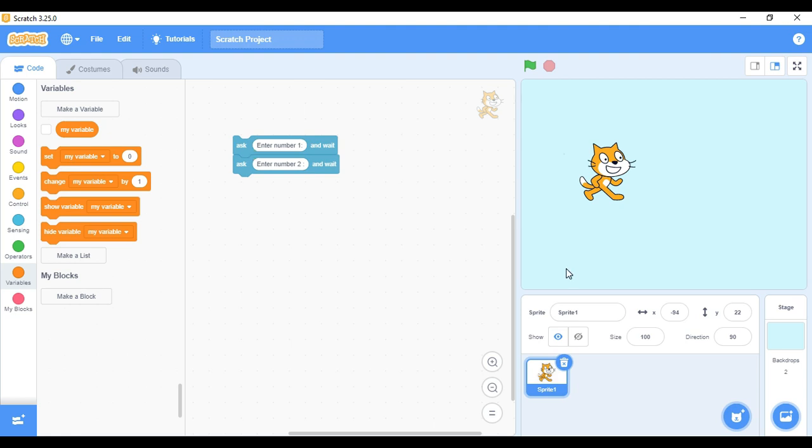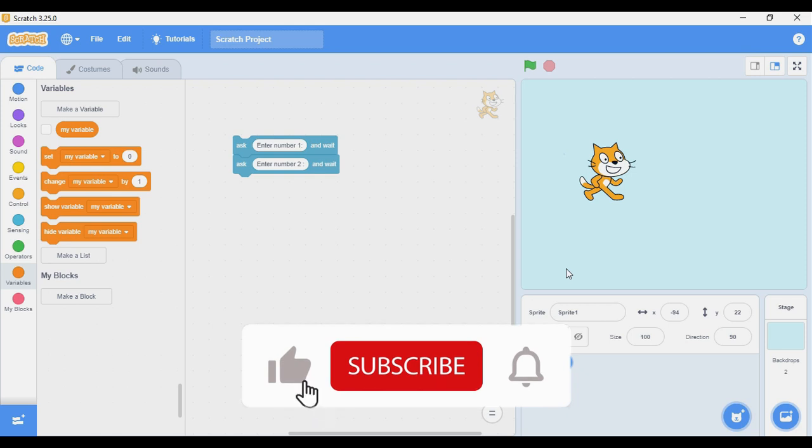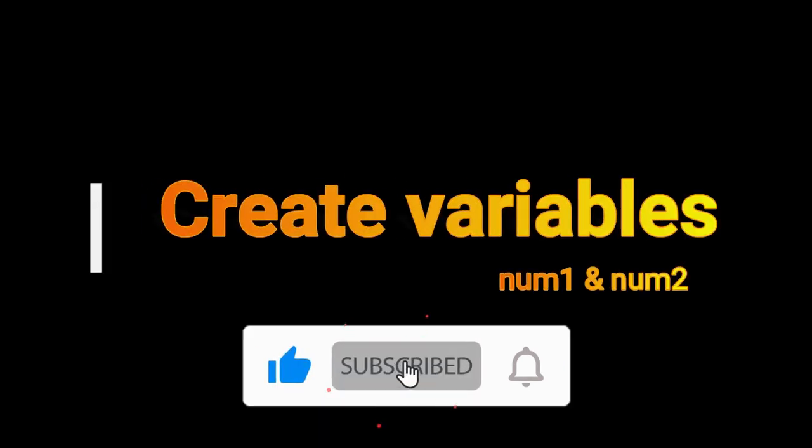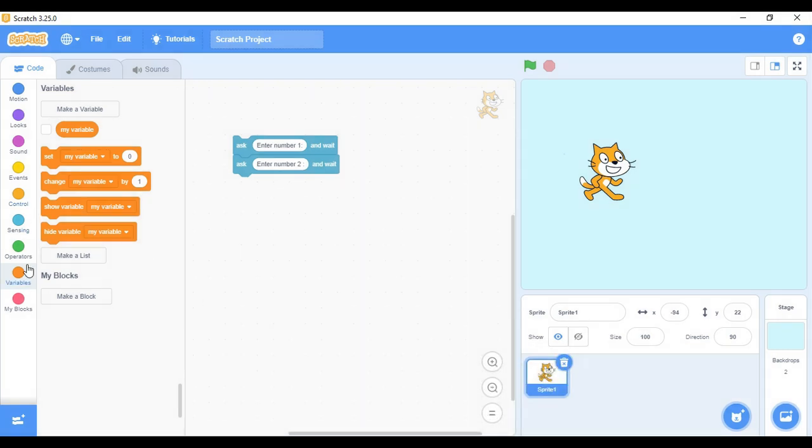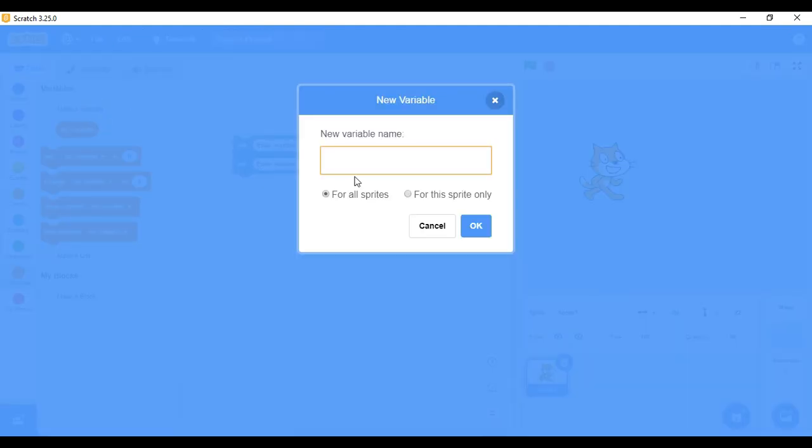For this project, we have to create two variables to store two numbers. The user can enter different numbers for those variables, which means the value of the variable can be changed. This is how we create variables. Go to the variables block, click on make variable, then you get this window.